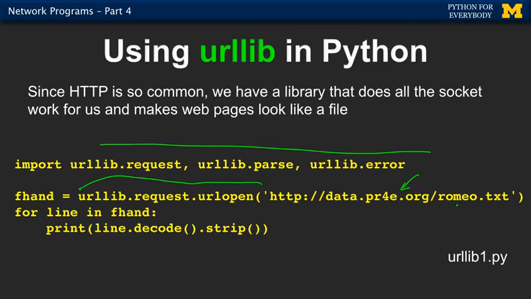Because it turns out it's the same every time you're going to do a web request, right? So why not write code to do it? And so this opens it up and returns us back a file handle. It's kind of like a normal old file handle that you would get if you opened a file. So this line right here is almost the same as open for a file, right? It gives us back a handle. It doesn't actually read the data,